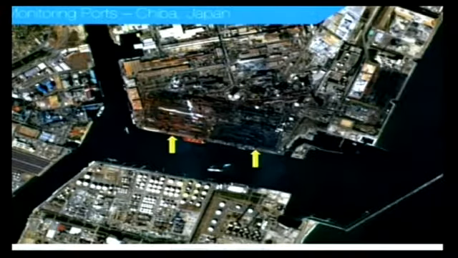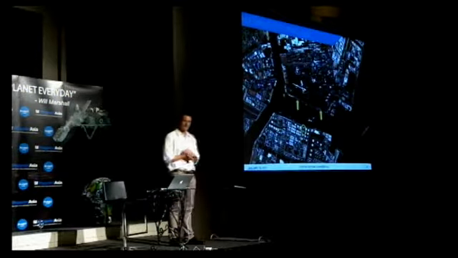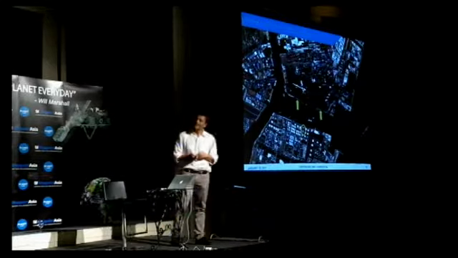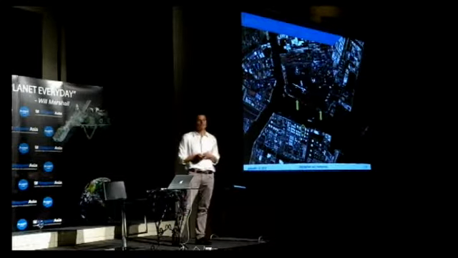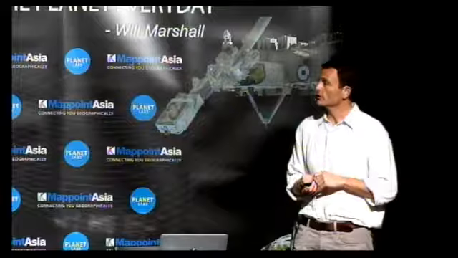If we look at a couple of interesting spots in this image, again, this is an image that is 3-meter resolution. Oftentimes when I tell people that we are collecting at 3 meters, they think, oh, that's a low spatial resolution, I can't see a lot of details. But just being able to identify, and it doesn't show up terribly well on the screen, those two arrows on the left-hand side, we can see iron ore that's piled and ready to be loaded onto ships. On the right-hand side of the arrow, we can see coal that's ready to be loaded on a ship. Of course, this is, again, more than just a picture. This is geospatial information, so I can estimate the amount by measuring the size of the piles. And with someone who understands